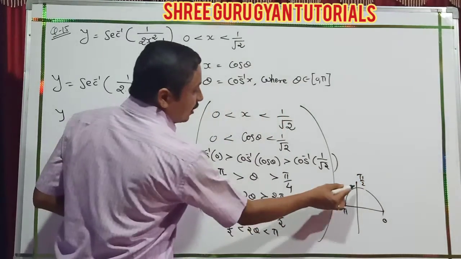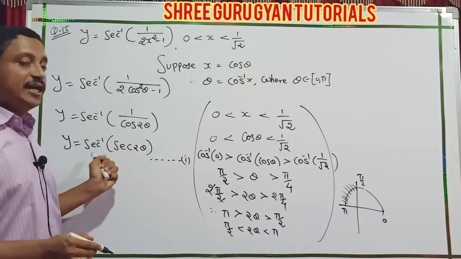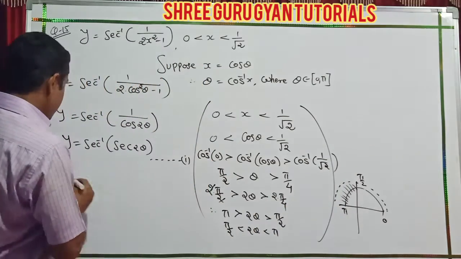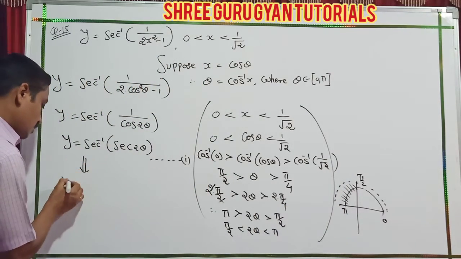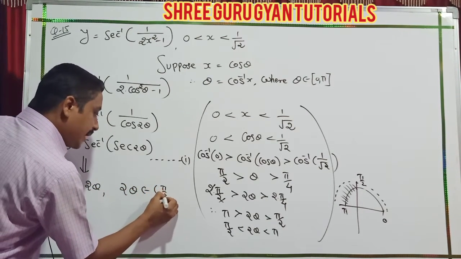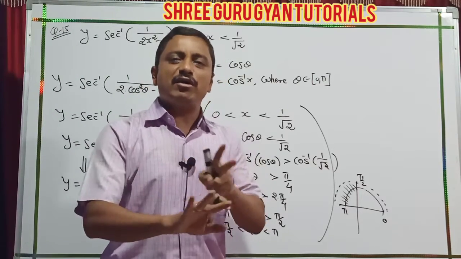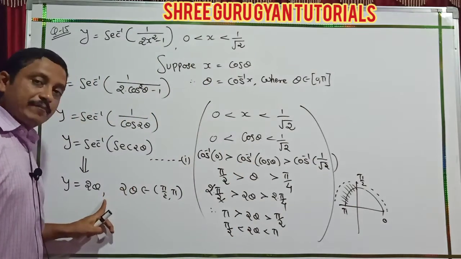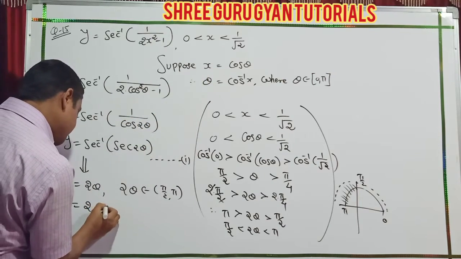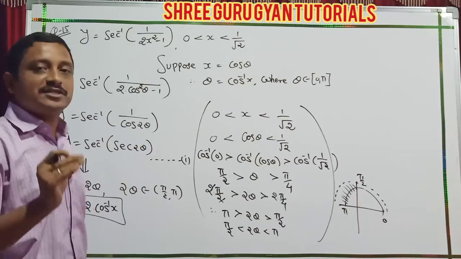My range belongs here, pi by 2 to pi, and I am sure it covers the range of 2 theta in sec inverse. These ranges belong to that. That's why I just write here y is equal to 2 theta. 2 theta covers pi by 2 to pi in range. So without the range belonging, students, you never write this 2 theta. Now theta is what? This theta is cos inverse x. Up to that, in our second chapter, inverse trigonometry, I already explained to you.